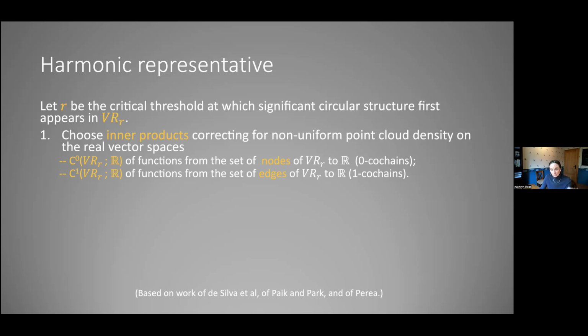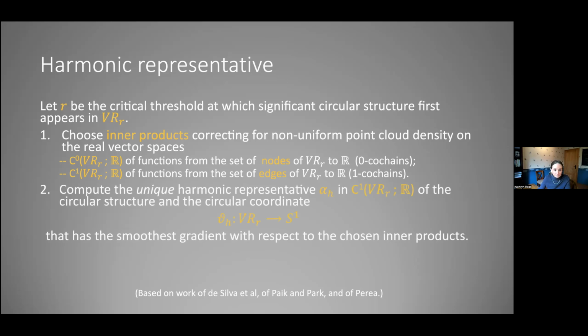Okay. Once we have inner products, we can do geometry. Inner products give us notions of angles. They give us notions of norms. So we have notions of distance that enable us to think about things in terms of geometry, and not just purely in terms of shapes without any notion of distance or angle, which is topology.